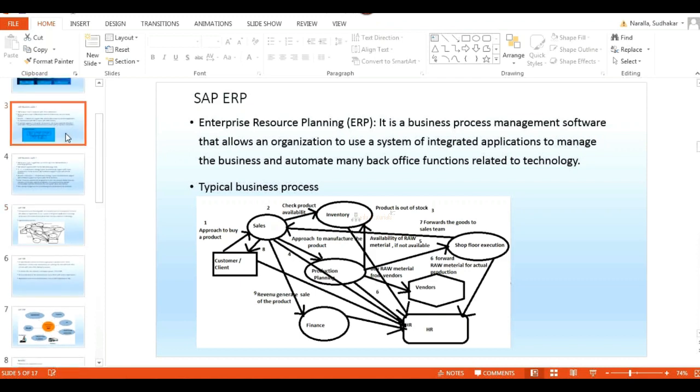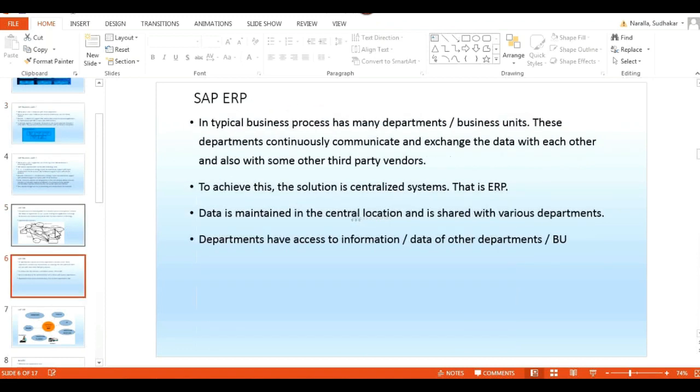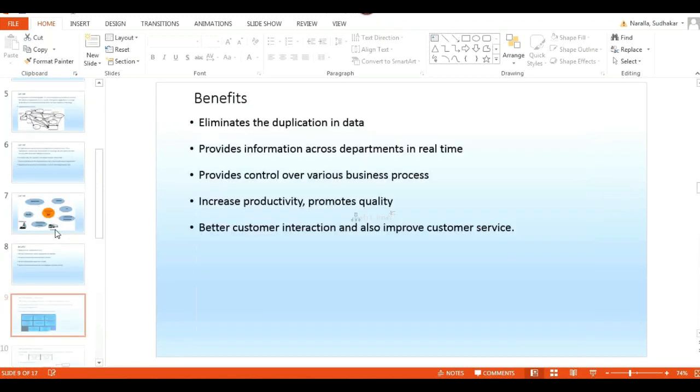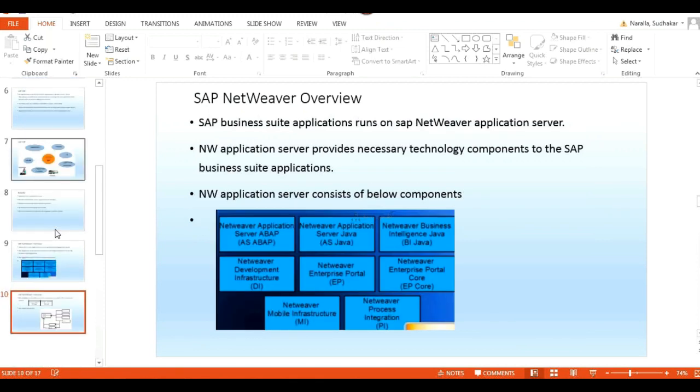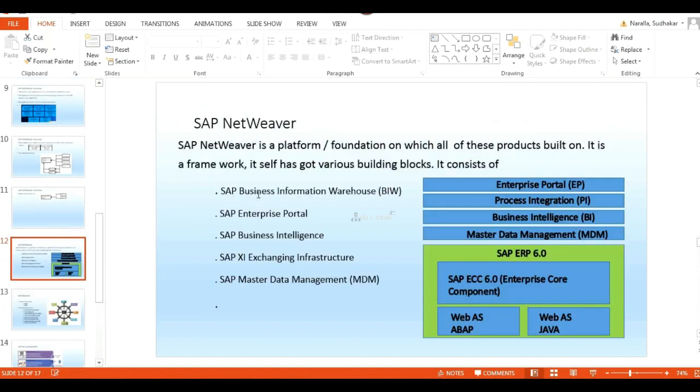If you want to install SRM, it will install based on NetWeaver platform technology. See this picture: the base components are ABAP and Java. These are the fundamental components. On top of the fundamental components, you can install your SRM software.